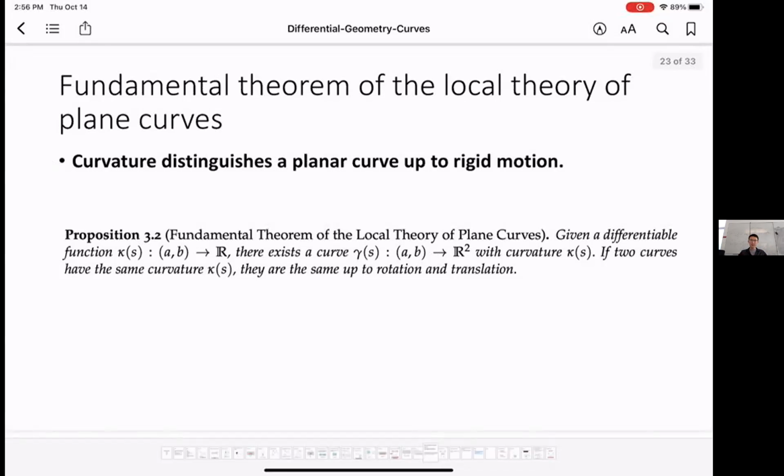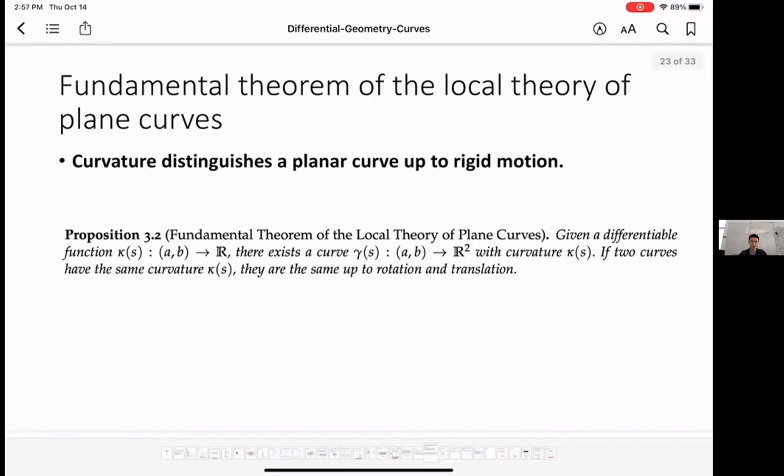So intuitively, what this is saying is that because I have this intrinsic coordinate system, as long as you tell me the curvature of my curve at any point, in terms of the parameter s, then I will be able to draw the curve out. I will be able to tell you precisely how the curve looks. All you need to do is change it using some rigid motion. Say you move it to a starting point you like, you rotate it a little bit, but the shape of